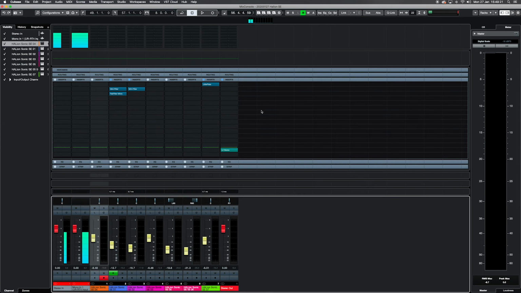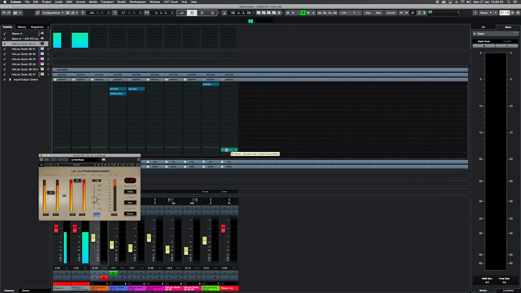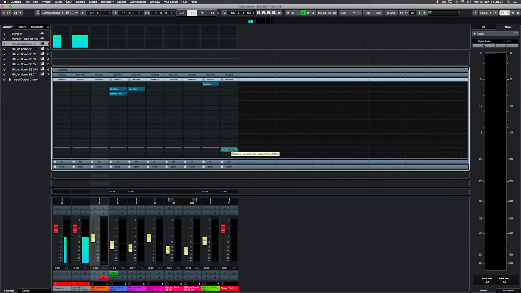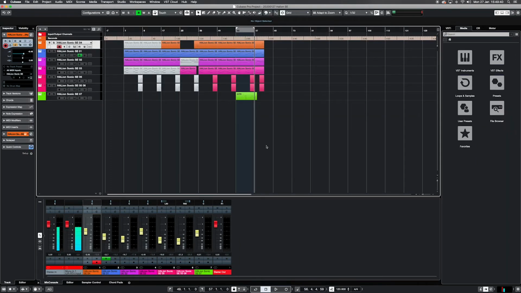I added a limiter to bring it up to the level where I wanted it to be, and there is no extreme EQing going on at all, so I did absolutely nothing, just balanced it out. And yeah, that's it. So obviously it could be way better, but the challenge for myself was to make a track